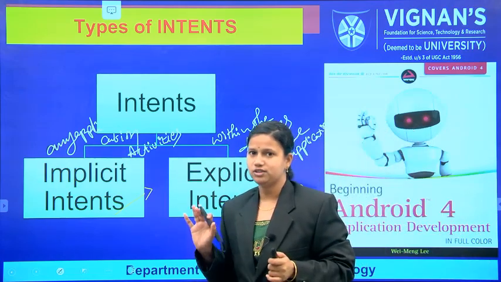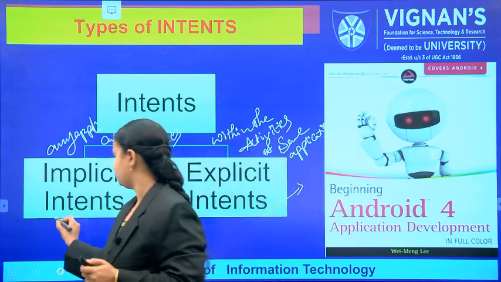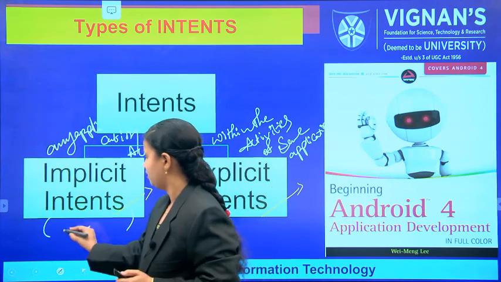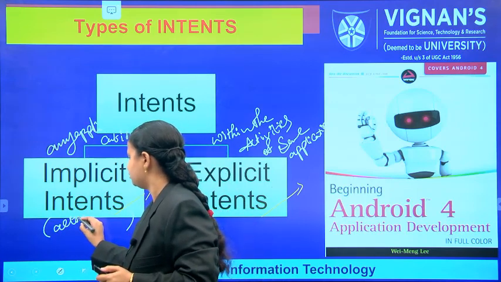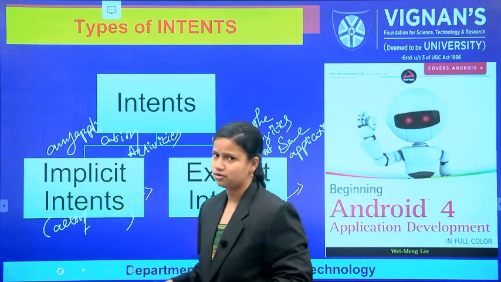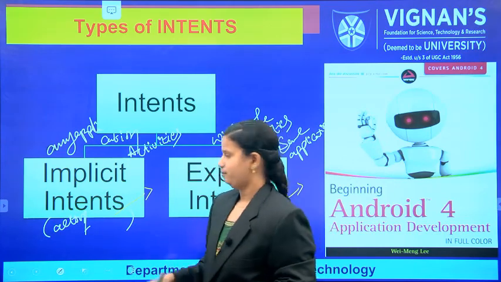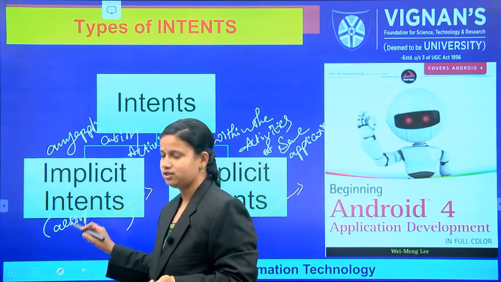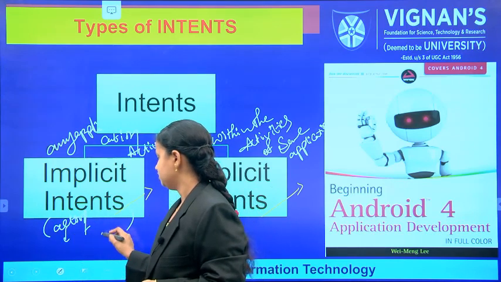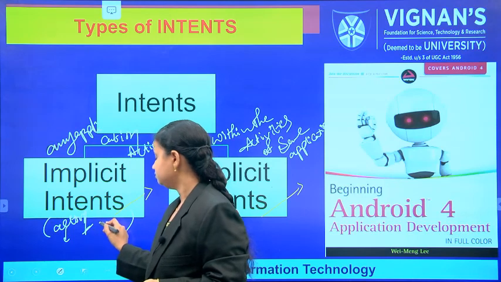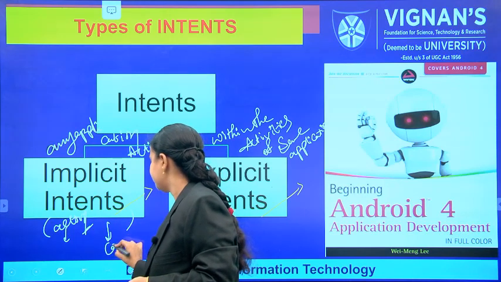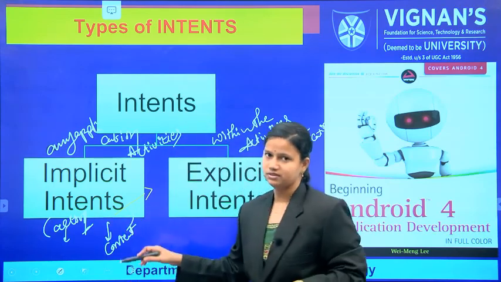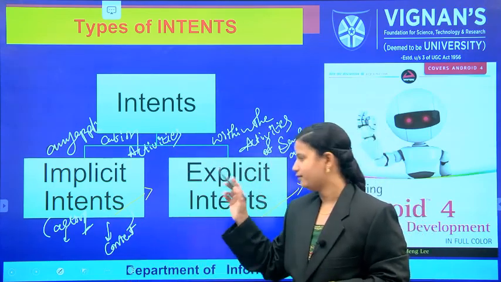And one more difference is, in the implicit intent we have to pass 2 parameters. The first parameter is the action we want to perform, such as action.dial or action.view or action.send. Different actions are there. Next, after that we give the content or the data, that is, the location I want to send to or navigate to.